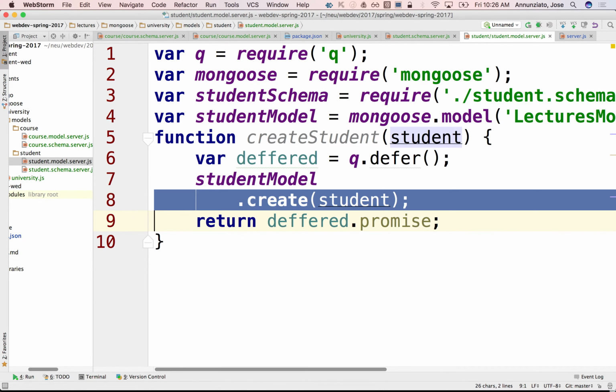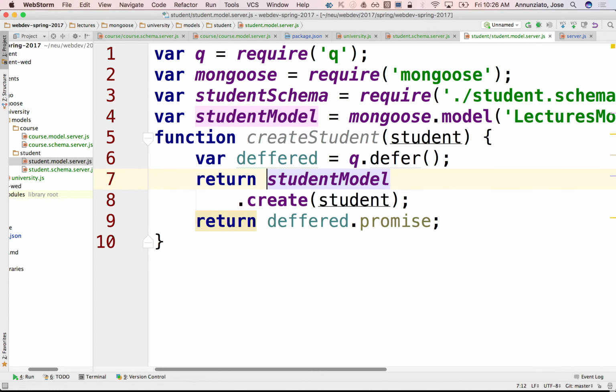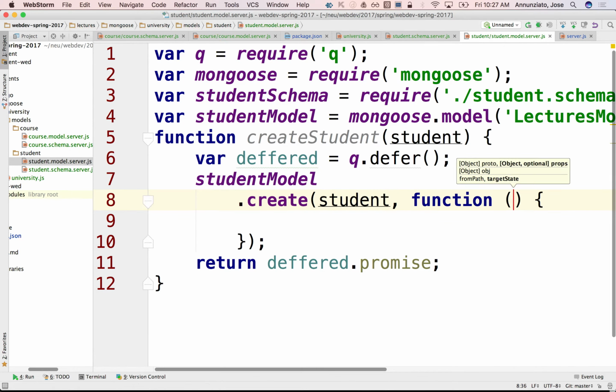And so now the create function. Remember, we used to return a promise object out of this, but again, those are being deprecated, meaning at some point they will not be supported, and our code will be stale. So to be forward compatible, we're using the asynchronous syntax, which is a function. All these methods, the finder methods, the create, the save, the update, the delete, the remove, all those